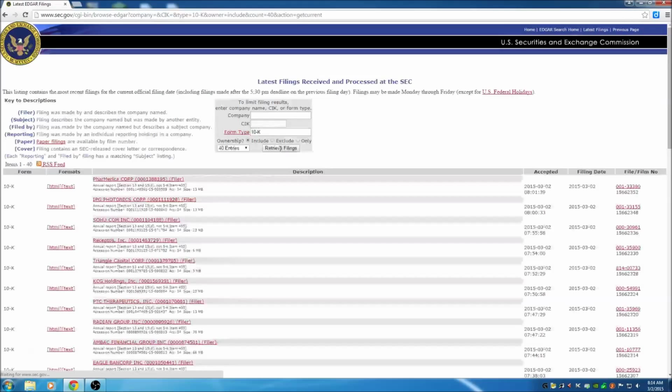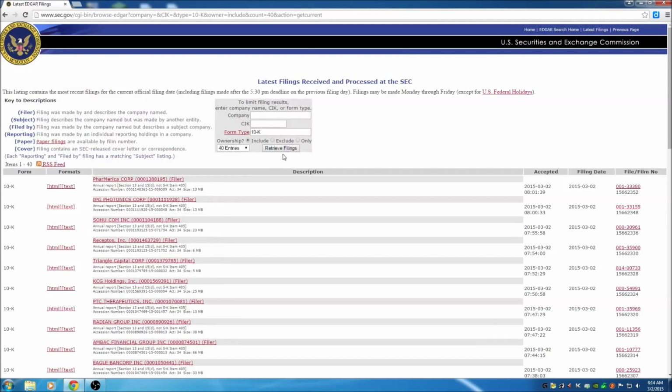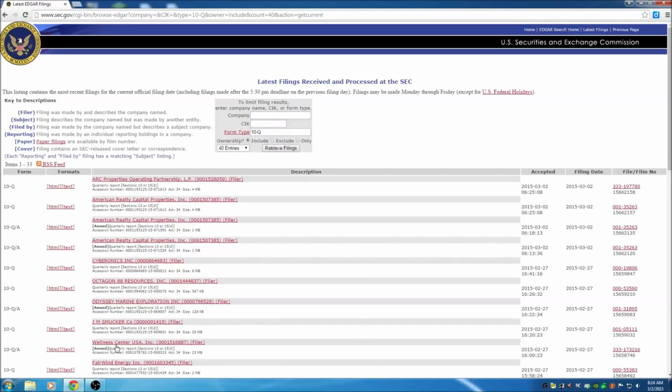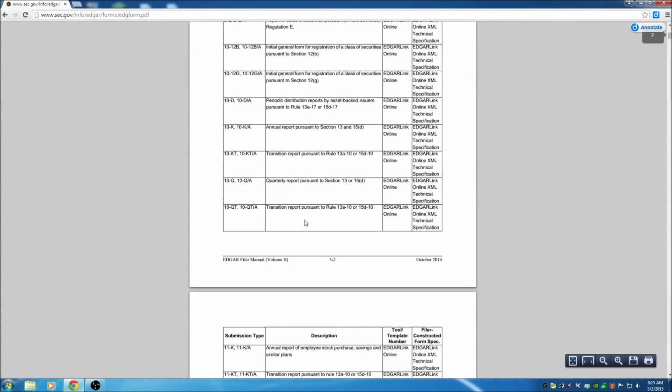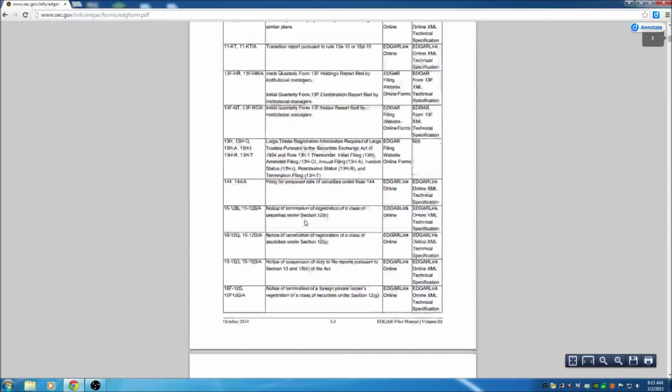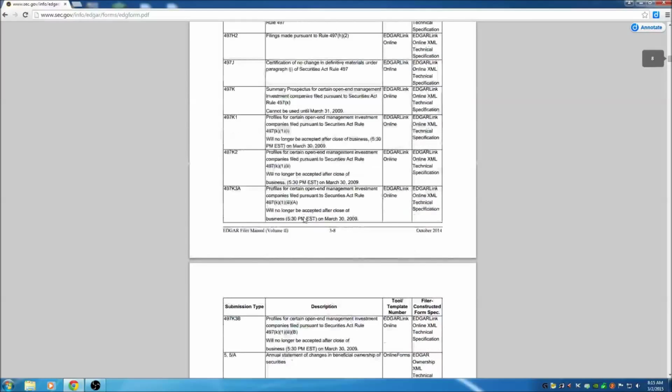Hit retrieve filings, and then you can see which companies have within the past day or so issued an annual report. You can change that to 10Q and get quarterly reports. You can click on this form type link here, and it gives you a comprehensive index to all the different types of forms. I tend to look for